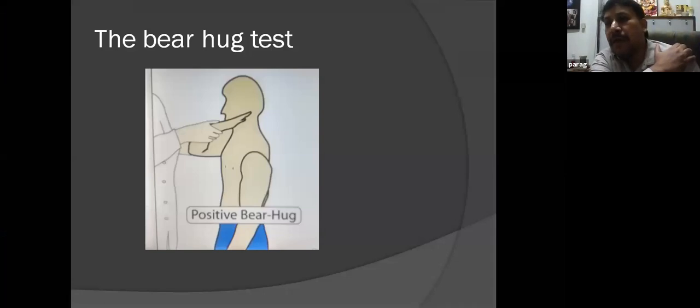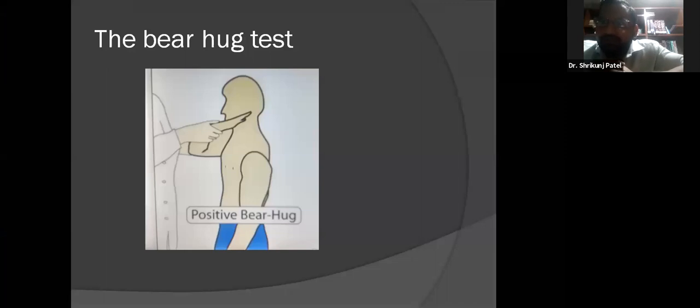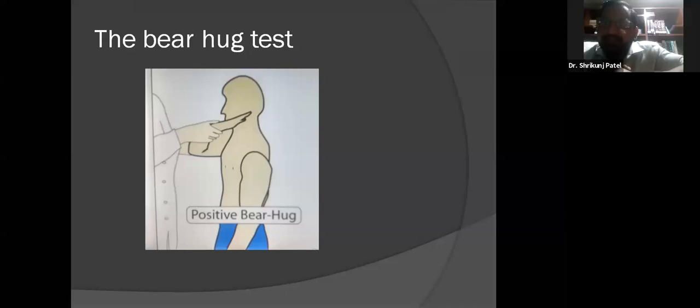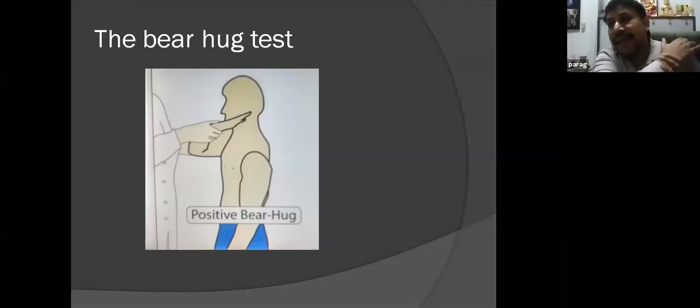Can you see me? Now, what the examiner needs to do is try to lift this arm off the shoulder. If it is positive, if you can lift the patient's arm, it is usually suggestive of a subscapularis weakness. So it is a test to be done for subscapularis tears or weakness, and a positive test is if you can lift it off the other shoulder. This is by basically putting the arm in internal rotation and then testing the strength.